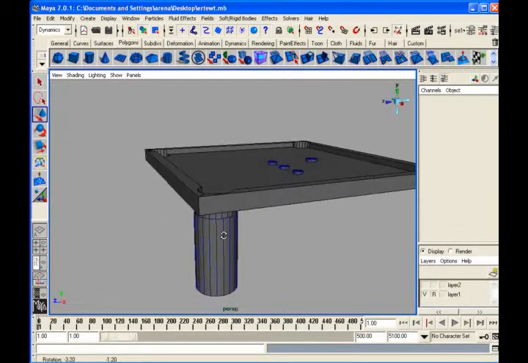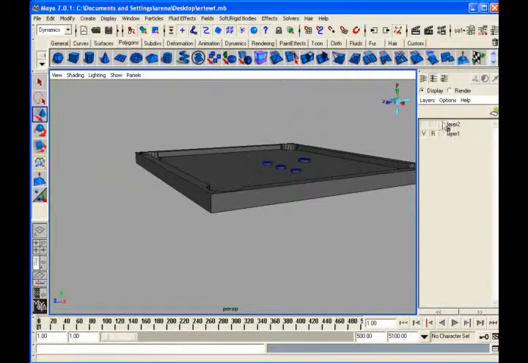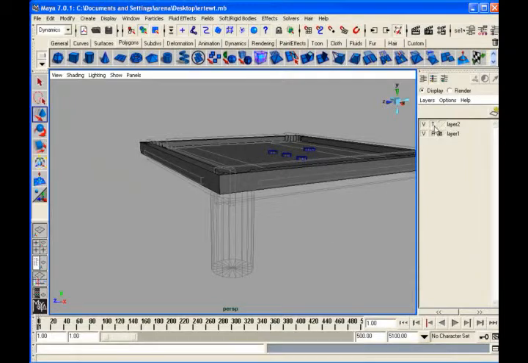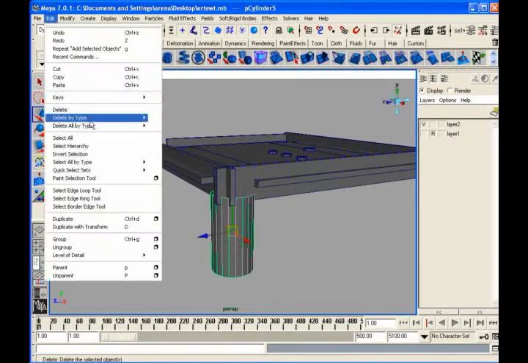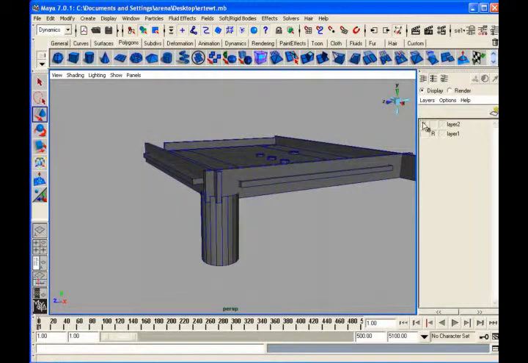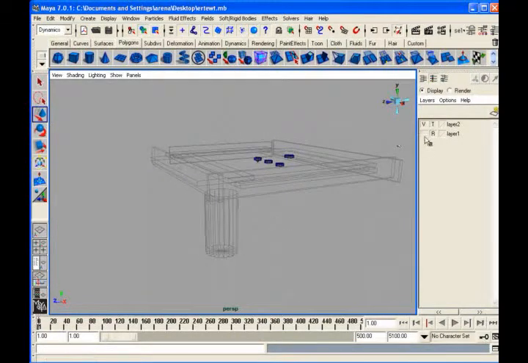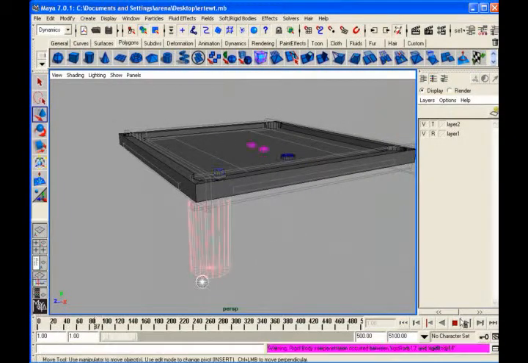Then put it in the same layer, this proxy layer. Visibility on you can do for some time, then visibility off. For this, do edit, delete by type, history, and this is a passive body, and this will be hidden inside like a template. This will be seen outside like this. So automatically what happens? It will fall. Why is it falling outside? Tell me. Because of the normals problem.